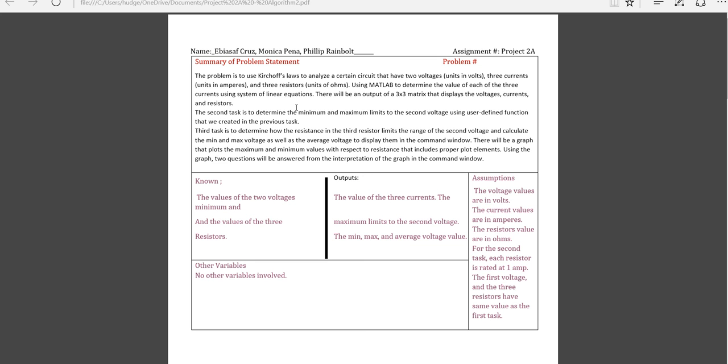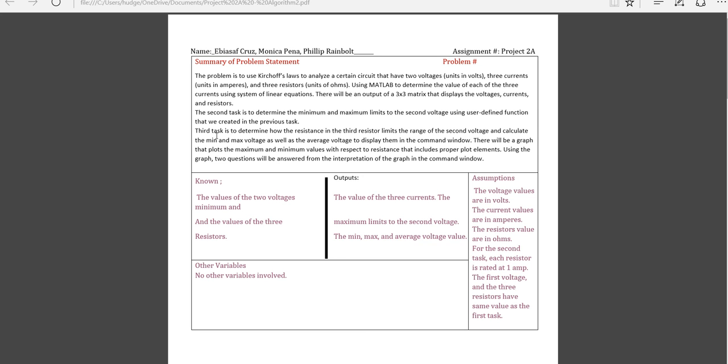And there will be an output of a 3x3 matrix that displays the voltages, currents, and resistors. They will only display two voltages, three currents, and three resistors. And then the second task is using the equation that we created in the first task, we will determine the minimum and maximum limits to the second voltage using our user-defined